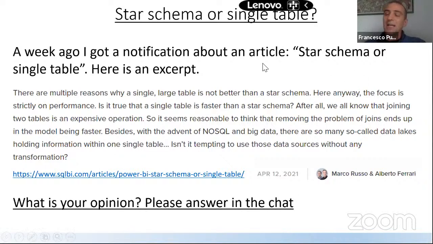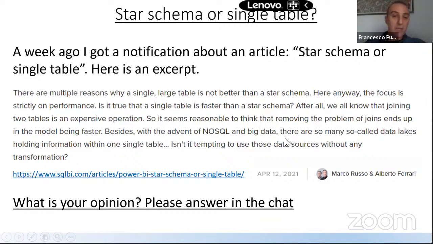And I wanted to know, first of all, I'm not very good at reading the chat very quickly, but what is your opinion about Star Schema versus flat table? Do you think that one is better than the other, and why? If you want to share this in the chat, I will have a look on my second monitor.